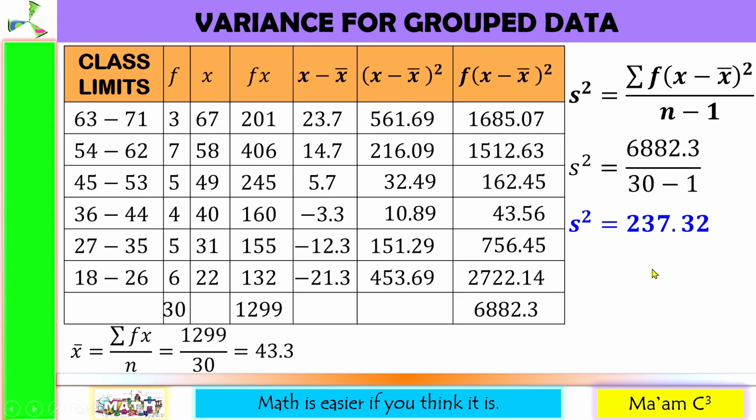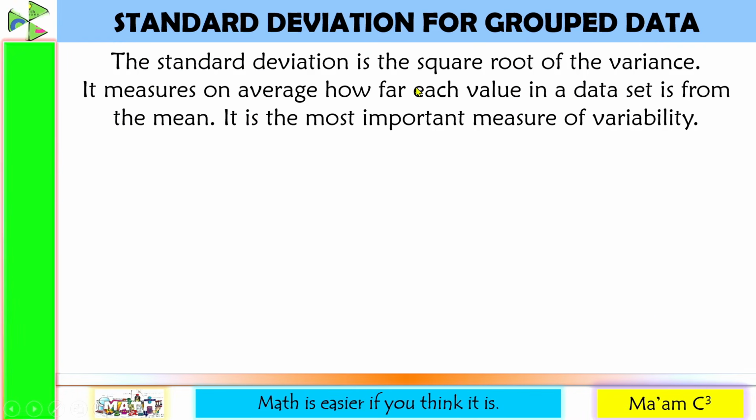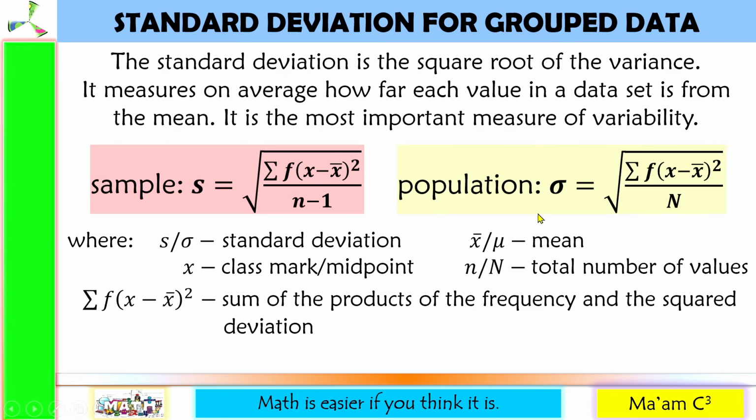The last measure of variability is the standard deviation. It is simply the square root of the variance. It measures on average how far each value in a data set is from the mean. It is considered the most important measure of variability. Once again, we have two formulas. This is for the sample standard deviation, and this one is for the population standard deviation, where S and